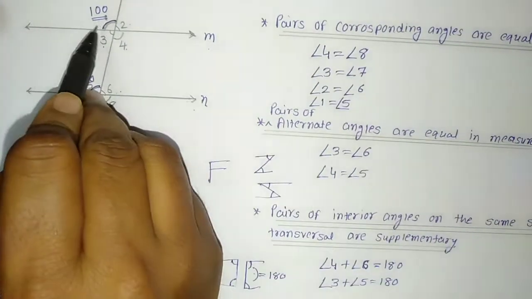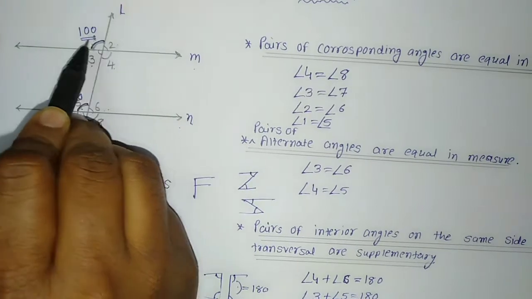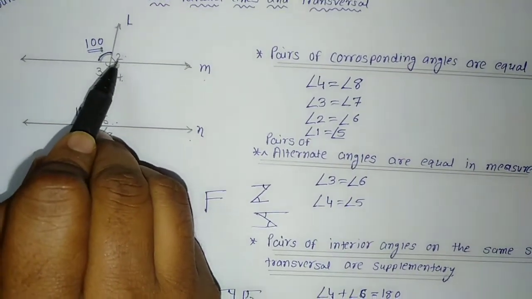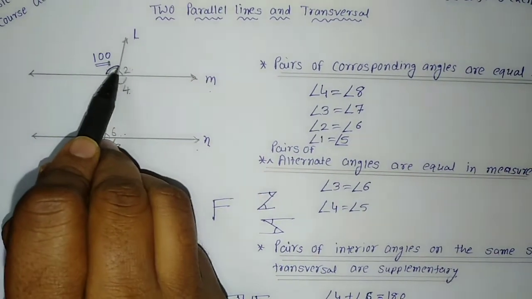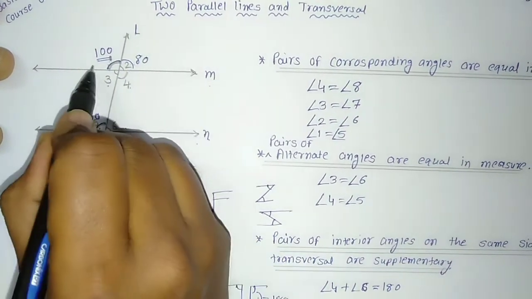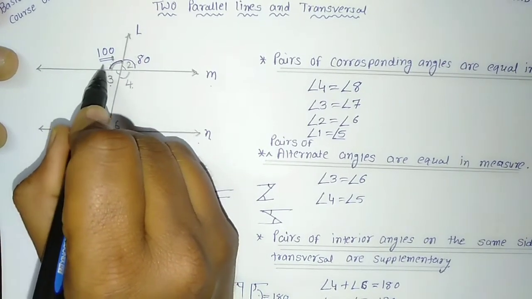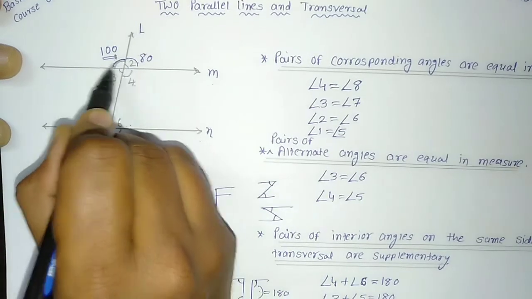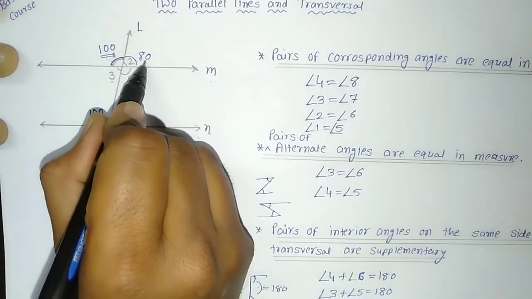In a similar way, this is 100, then angle 1 and angle 2 are forming a pair of linear angles. So a pair of linear angles is always supplementary. So this is 100, 180 minus 100, this would be 80. You can understand, this is 0, I can start it here from 0 to 180. It makes 180. So these are a pair of linear angles. So these are 100 plus 80, it would be 180. This is 80.